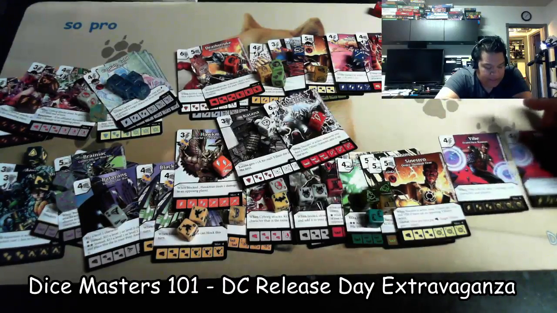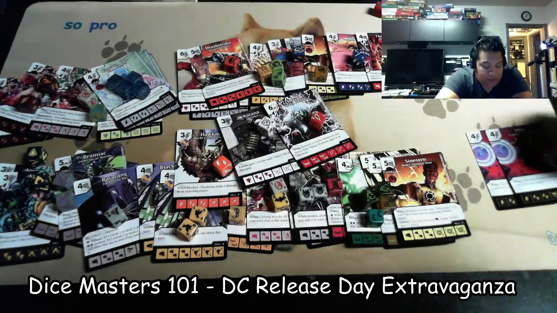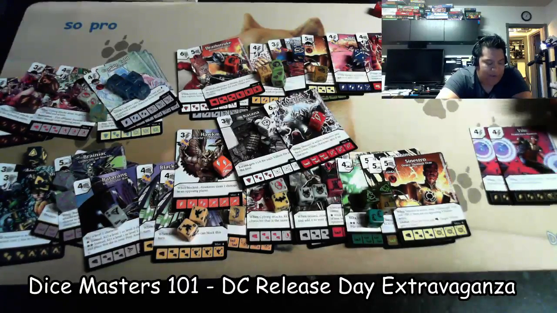I do like that he costs really cheap. I love the fact that he's a 4-cost. He's 1, 2, 3 in terms of his levels, and his attack is 3, 5, 7. It's kind of similar. Like, to have 7 attack for a 4-cost is